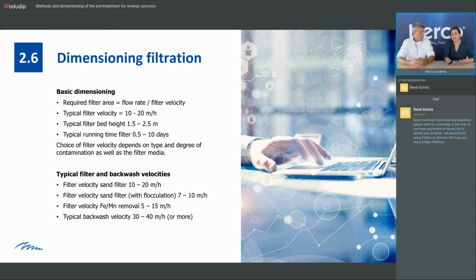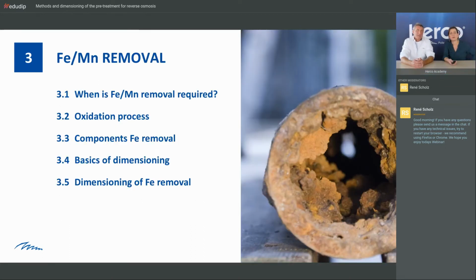Could also be more, depending on the material. Depending on the material, yeah. Normally in the specifications of the material, there is a very good overview of the backwash velocity. Exactly. Good. Okay, let's go to the more difficult part of this